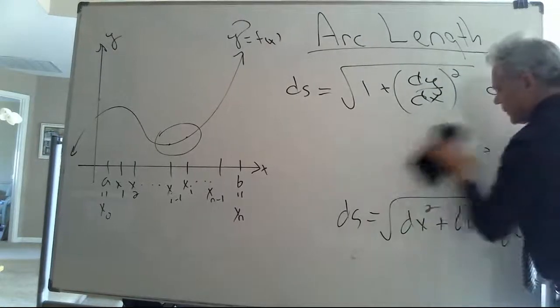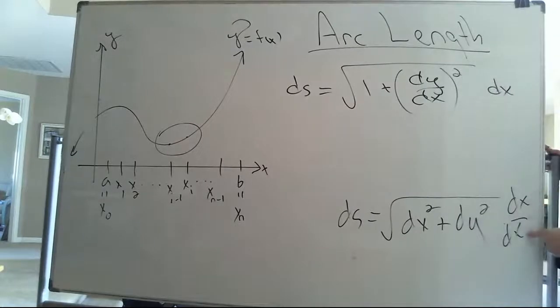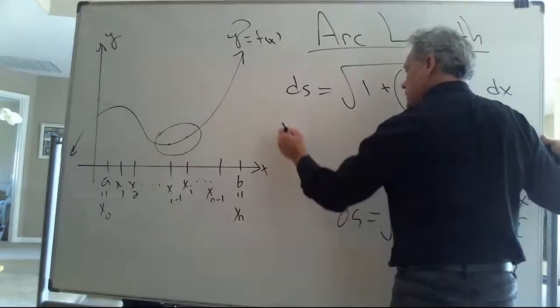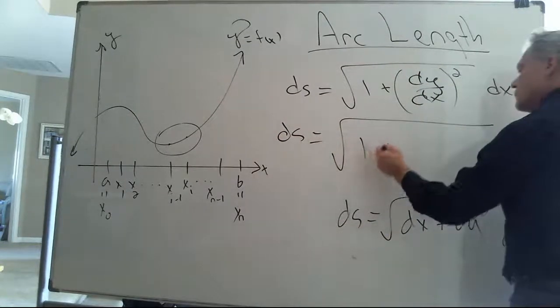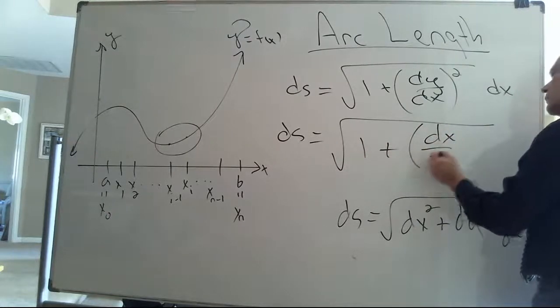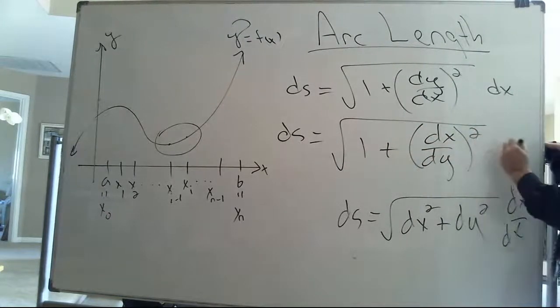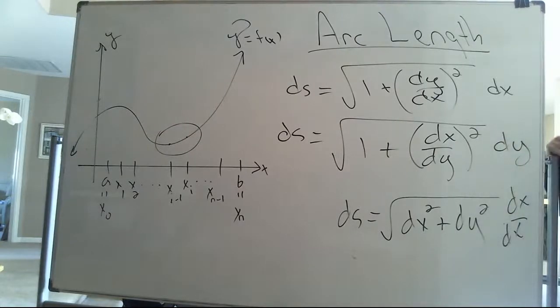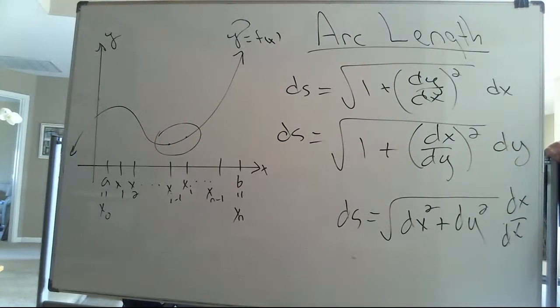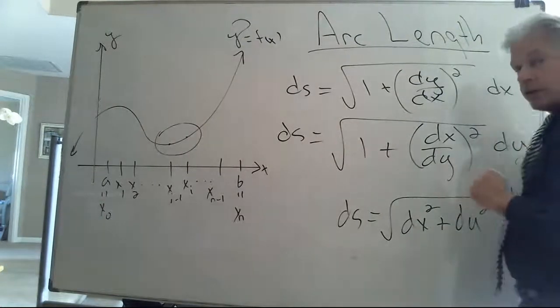If, however, instead, I multiply not by dx over dx, but dy over dy, I get a different variation on this ds. Now, unlike computing volumes and solids of revolution, I don't choose the variable of integration depending on whether I rotate about a horizontal or vertical line. I do it solely in terms of which one's easier to deal with. Now, this is merely ds. This is merely ds. To actually sum these together, then take the limit